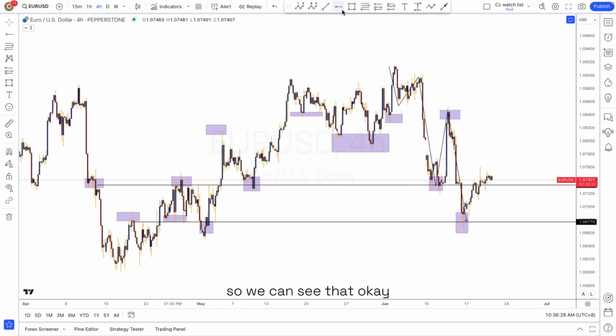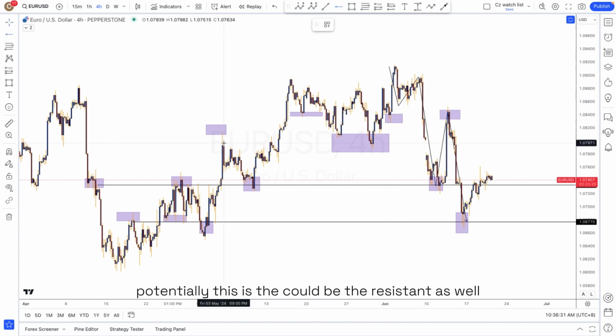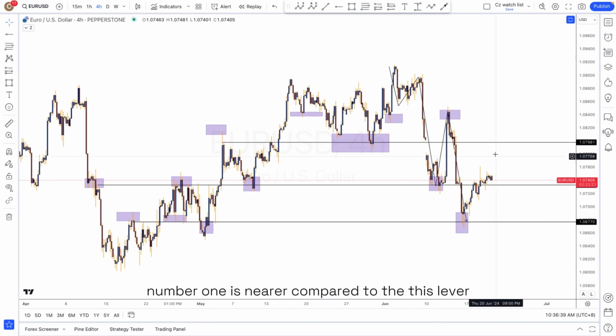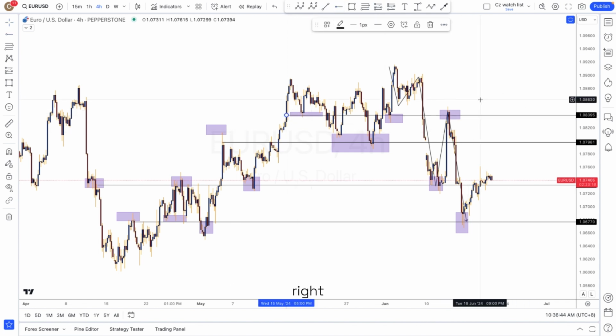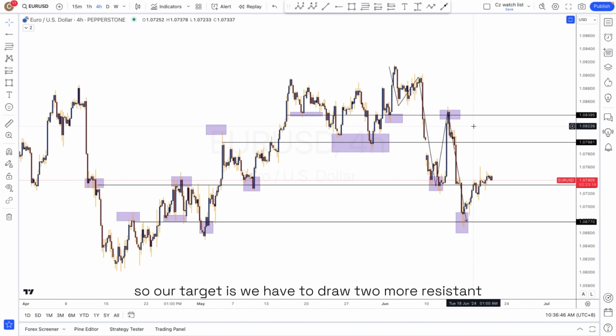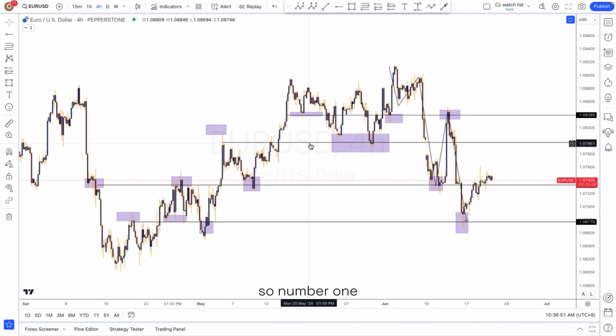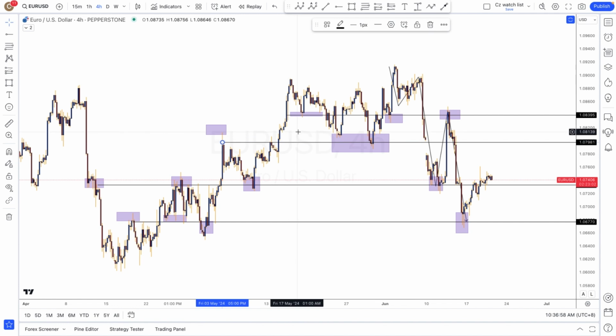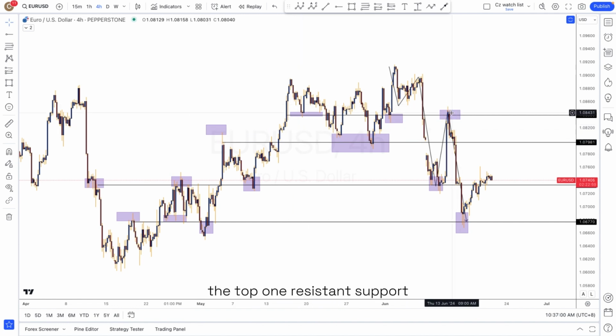So we can see that, okay, potentially this could be the resistance as well, because when we place this level, number one is nearer compared to this level, right? So our target is we have to draw two more resistance. So number one, I will take this one because this is a support, resistance, and resistance. The top one, resistance, support,